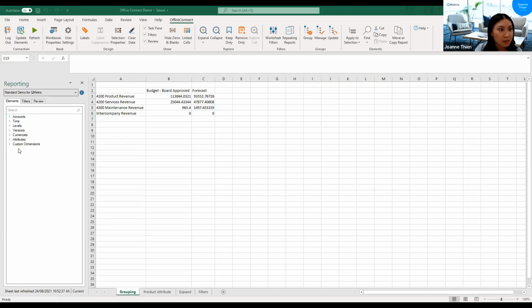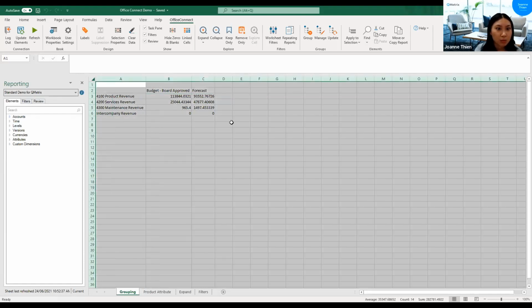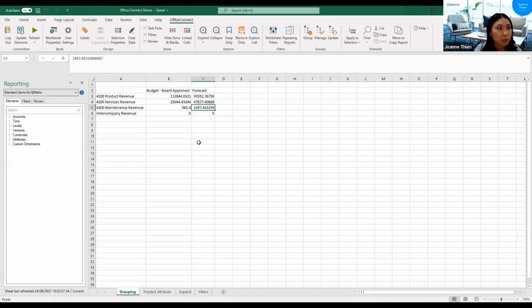So any accounts, any specific custom dimensions, for example, attributes, currencies, if you've got multi-currencies, that sort of thing, or your versions as well, they'll all sit here. And this is generally just your workbook area where any numbers will show in your report.